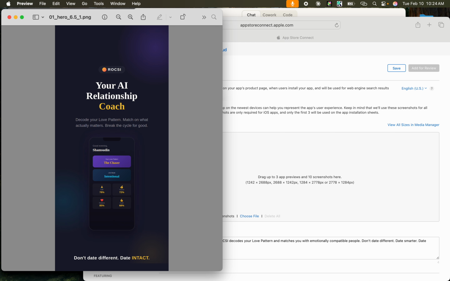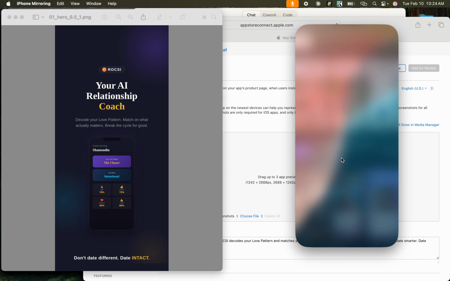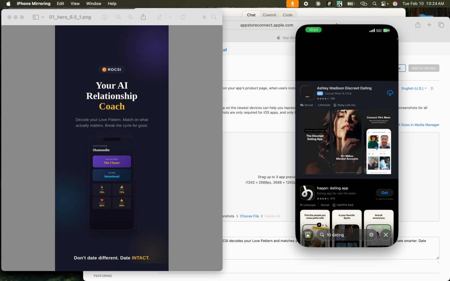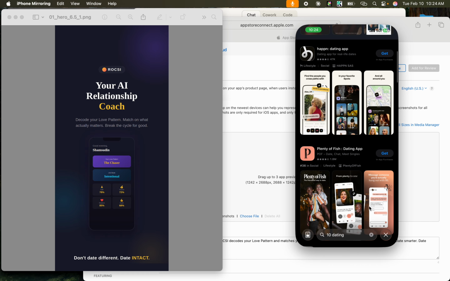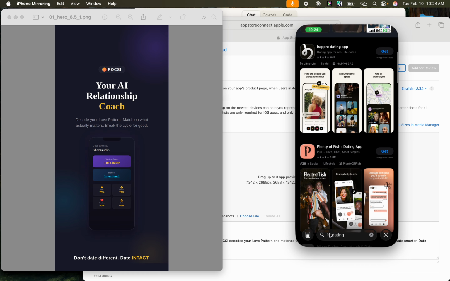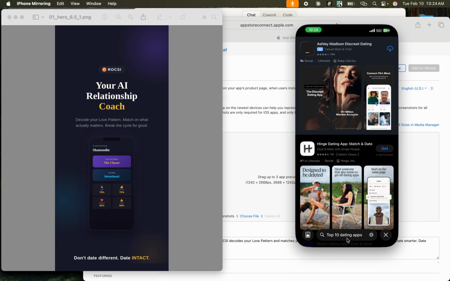All right. So the way that I go about getting content for swipe files, no matter what project I'm working on, depending on where I'm at in the project, is I just go and look up stuff on the App Store and online. So right here, I went to the App Store and here are some of the dating apps. I just put in top 10 dating apps. We could probably narrow it down more if it'll let me. Top 10 dating apps. See if that works.